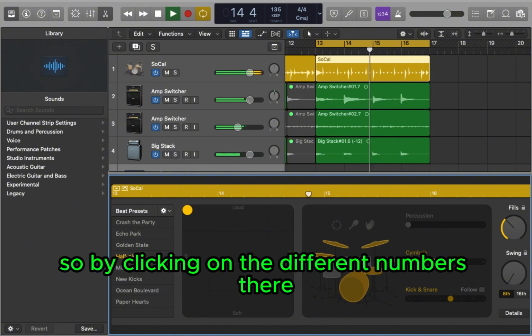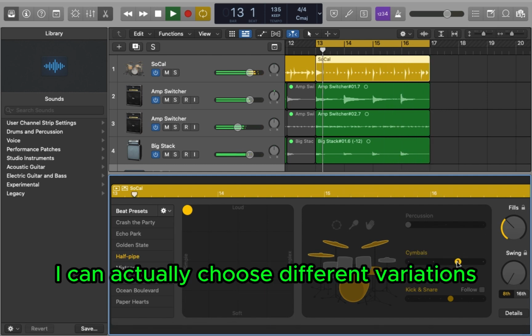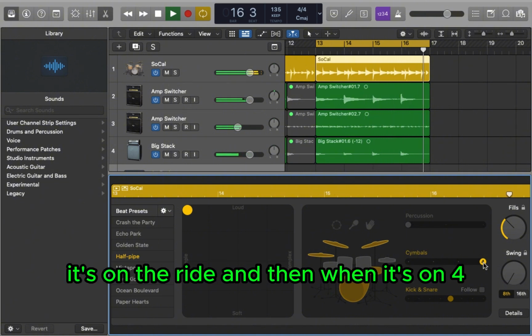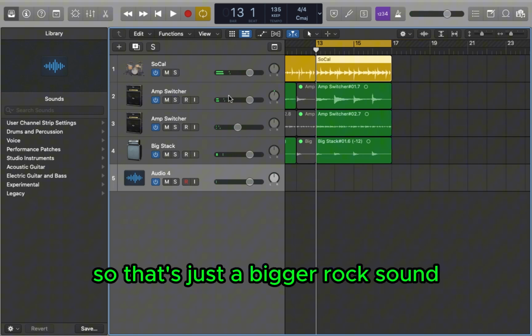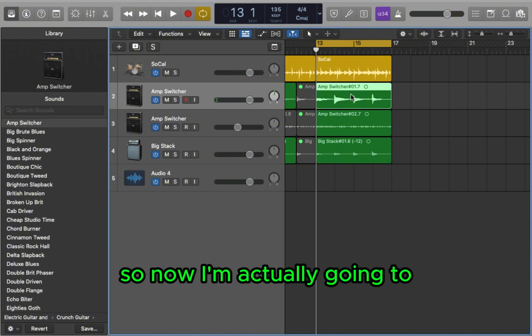So by clicking on the different numbers there on that slider, I can actually choose different variations. Maybe when it's on 2 and 4, it's on the ride, and then when it's on 4, it's on all the crashes. So that's just a bigger rock sound. So now I'm actually going to